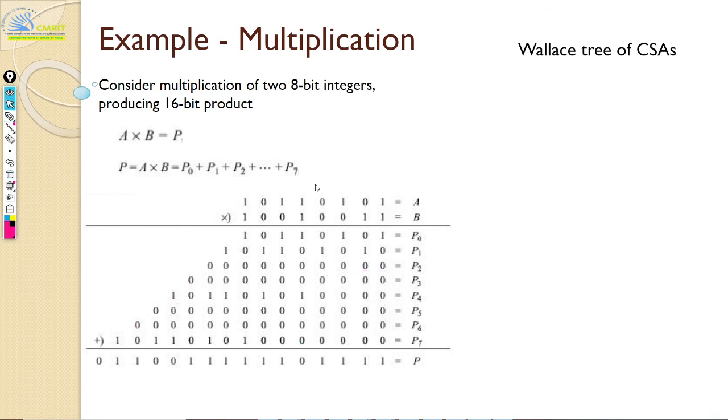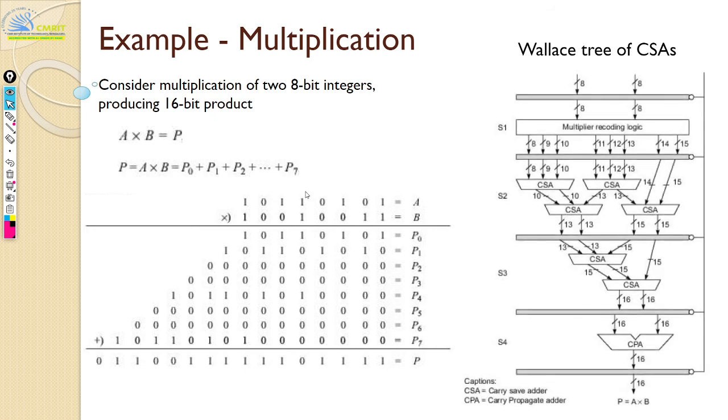Now with this you can construct a tree using carry save adders. That tree here is called the Wallace tree, named after the scientist who came up with this, designed this. Okay, so here if you see what you have, you have this multiplier recoding logic. Basically what you are doing here is calculating the partial products. All the Pi's are calculated here, in one step. You just have to insert zeros and then put 0 or put the multiplicand, that's all, right? So all your partial products are calculated here.